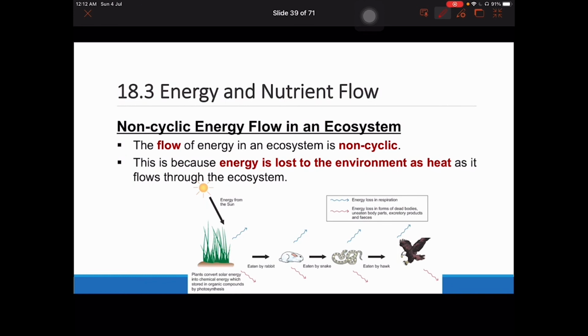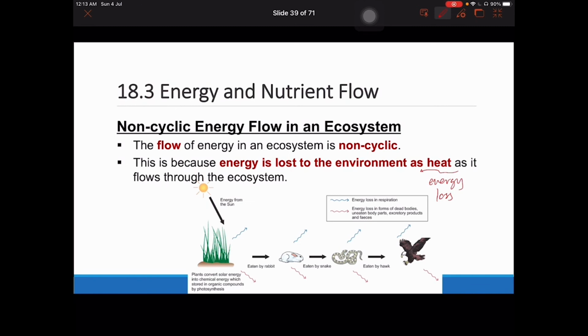Why will energy be lost? All organisms give off heat. Just like you and I, there will be heat being produced from the body. As heat is released from the body, this form of energy is lost to the surroundings, and there's no way that you can take back this heat and put it back into the body for the next organism. So no matter what, as you look down a food chain, energy will gradually get less and less as you go along the entire food chain.